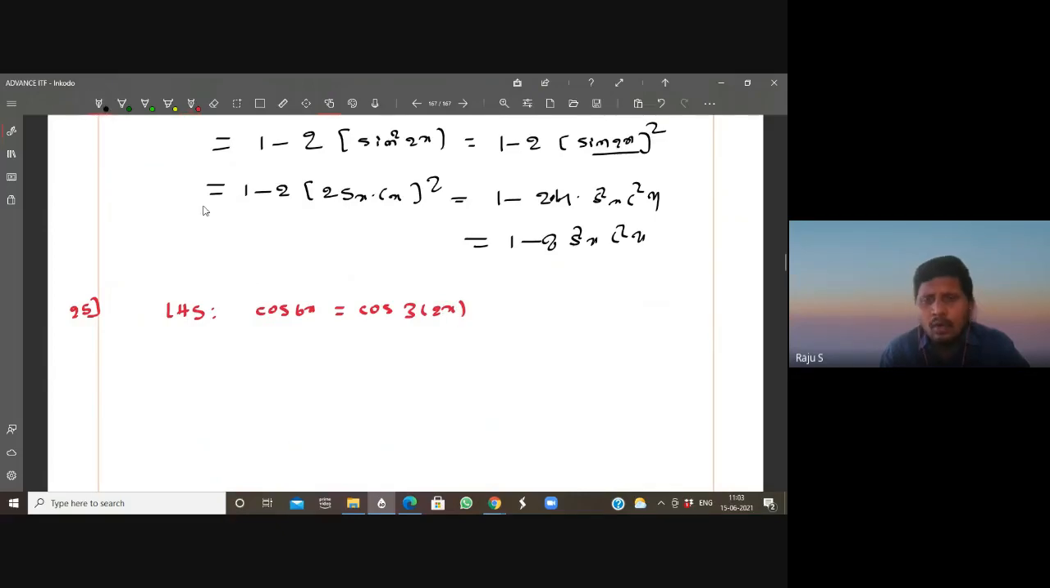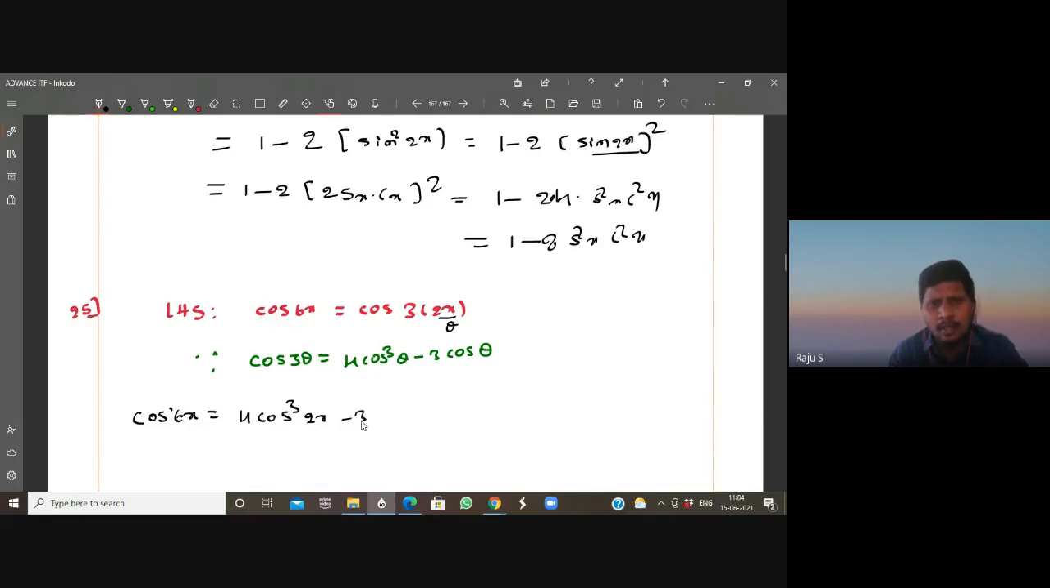Okay, if we write 3 into 2x, since it is in the form of cos 3 theta, cos 3 theta is equal to 4 cos cube theta minus 3 cos theta. So remember this formula. So LHS cos 6x is clearly equal to the right side. The theta value is 2x. Just replace theta by 2x. So 4 cos cube 2x minus 3 cos 2x. This 4 cos cube can be written as 4 into cos 2x whole cube